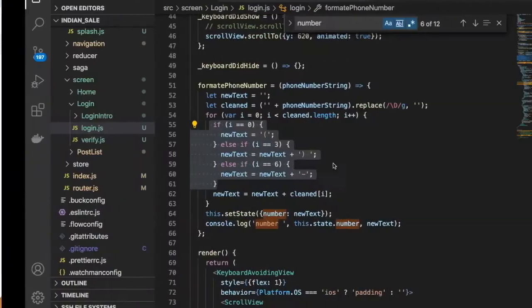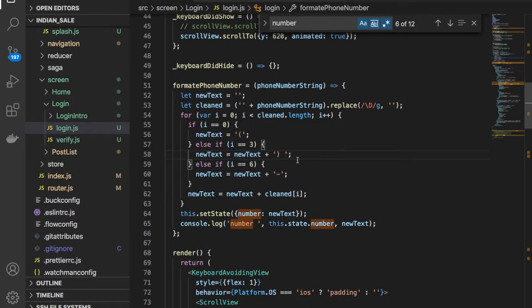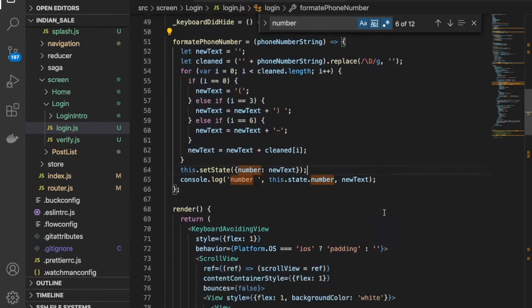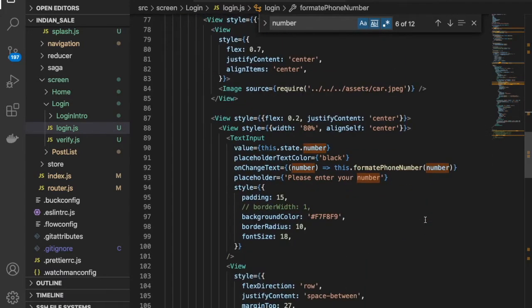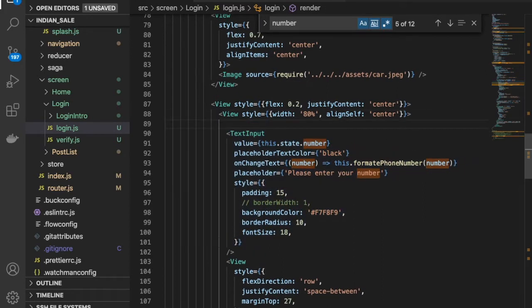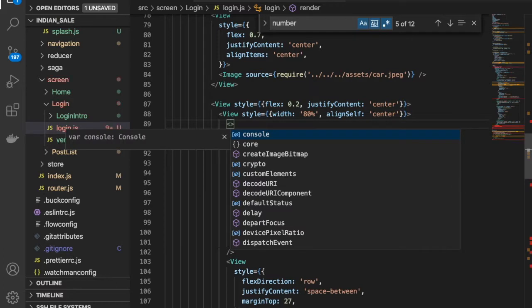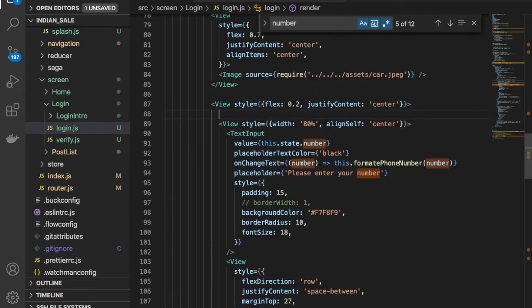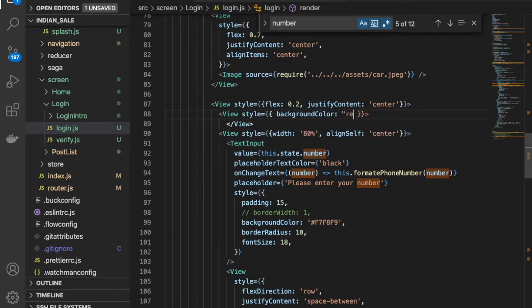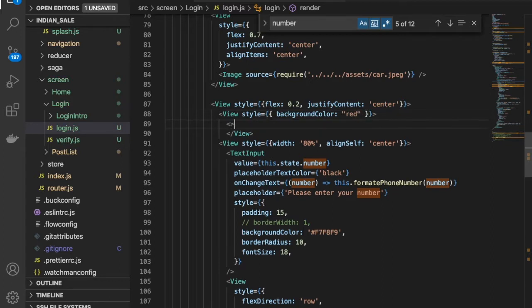All right, so in the last video we have implemented this text input field, right? Now we are going to make a view here like this, and here we have the style, and let's say the background color is red as of now, and we have this text.